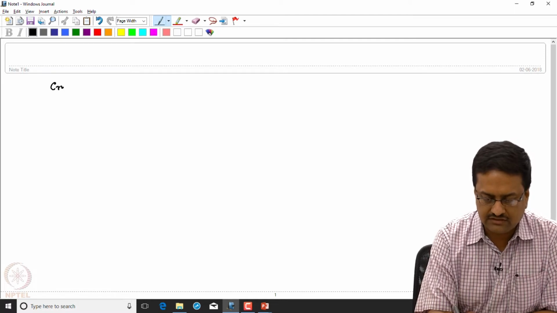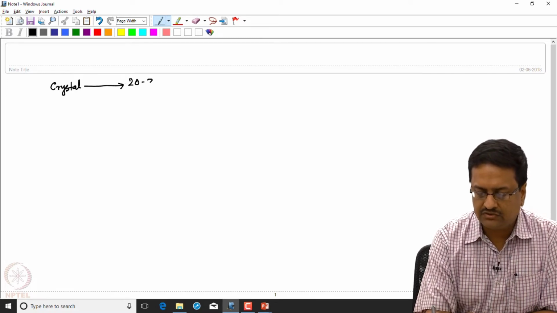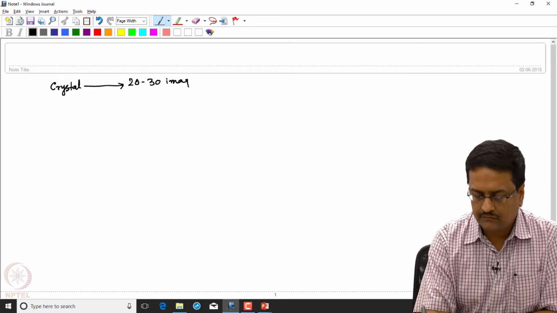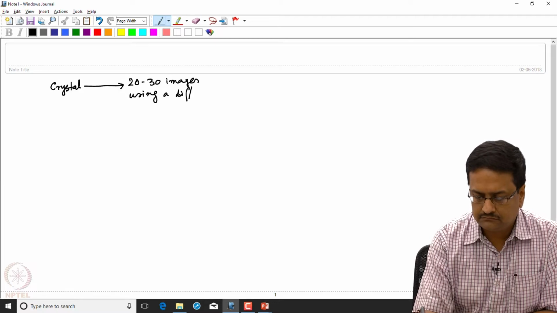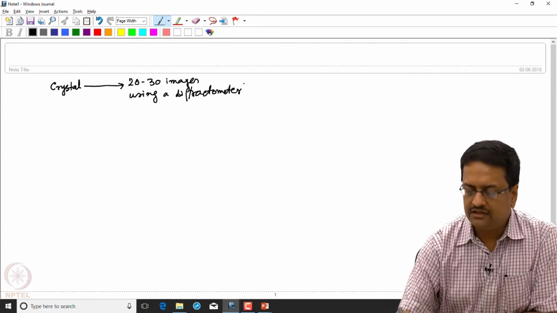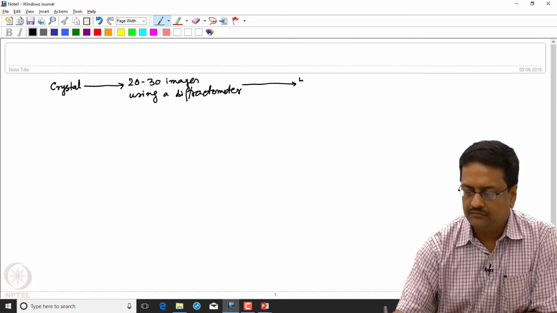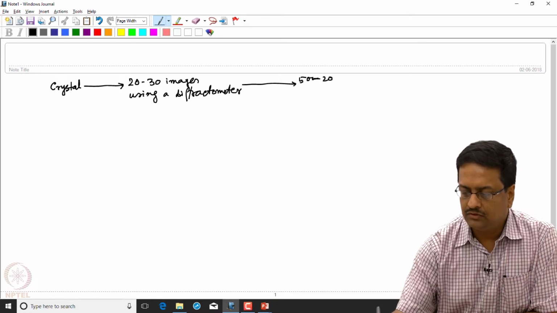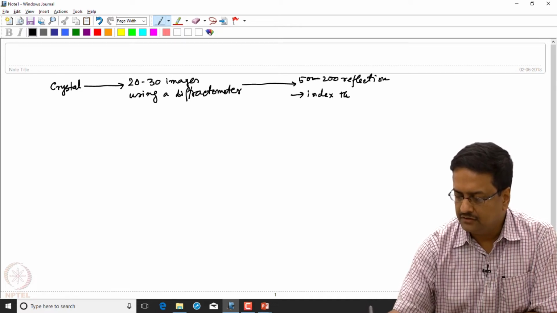So we should start with a crystal. We collect about 20 to 30 images using a diffractometer, and then utilize the reflections obtained in those 20 to 30 images. Maybe it will have 50 to 200 reflections. We try to index the diffraction pattern. So, index the crystal